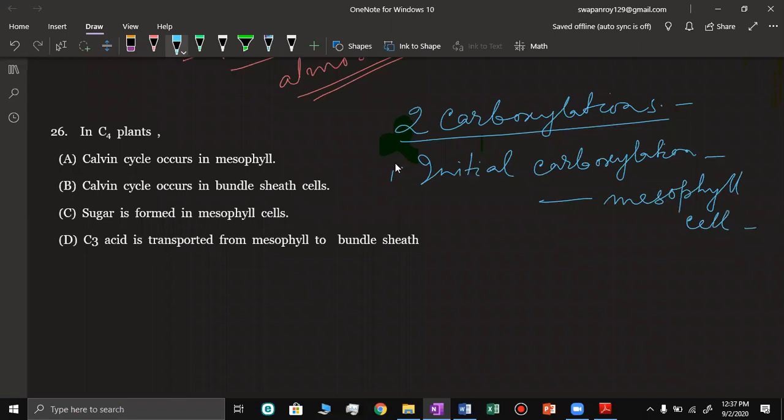And the second carboxylation, that is the final or the second